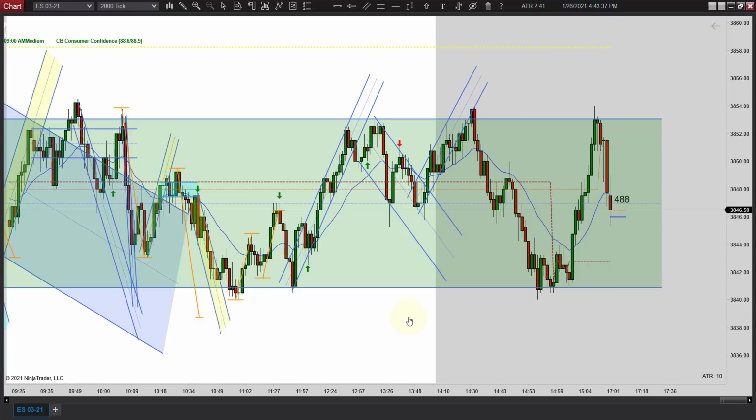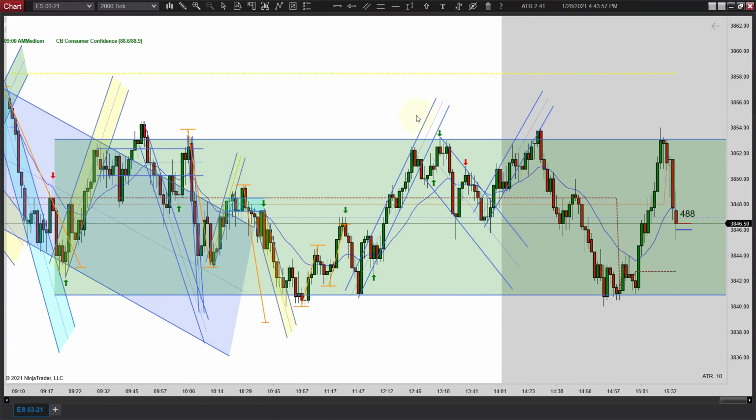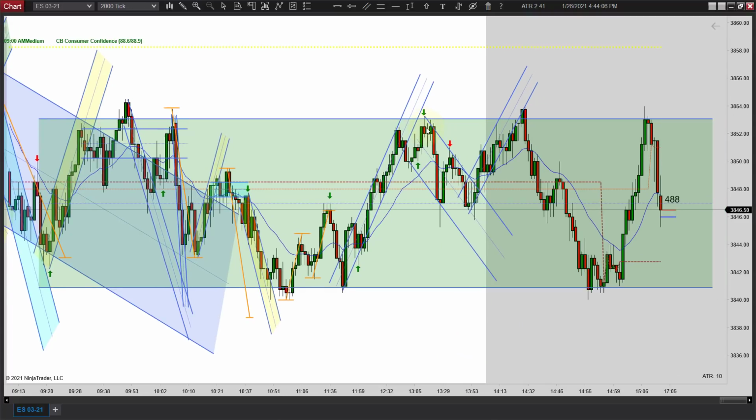So honestly, that's one that I like and probably would have taken, even though generally you want to wait on that lower high because that is a second entry short. I didn't mark it. I should at least probably have marked it. I like that trade. And even though I don't think it's a great setup, I think you're better off to wait on the lower high, which comes here, and then you don't get a signal bar again. It is a second entry short. Technically, it's